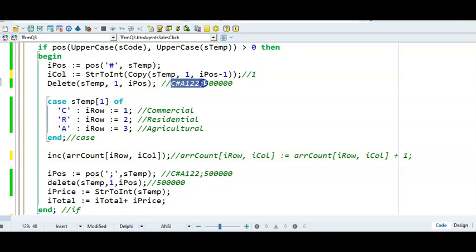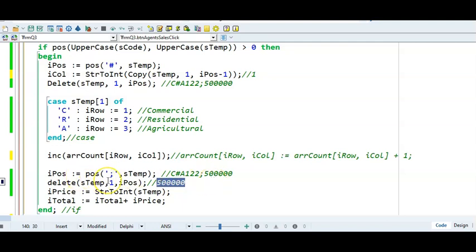Now I'm done with all of that, and I need to get rid of it to update my total of what they sold, because we have used the C to determine our rows, and we know that we are busy with this agent because of all of this being inside of the begin and end of this if statement searching for that code. So the last thing I need to do is find that semicolon there and then delete this temporary variable all the way from here, including the semicolon. So now I'm left with